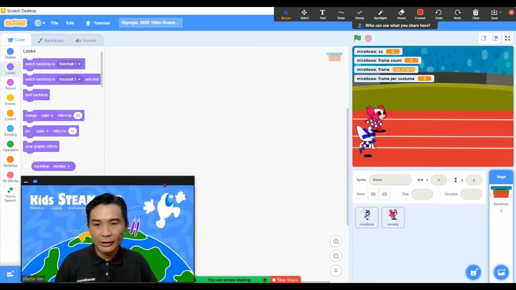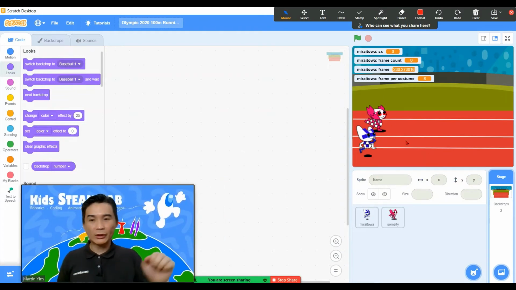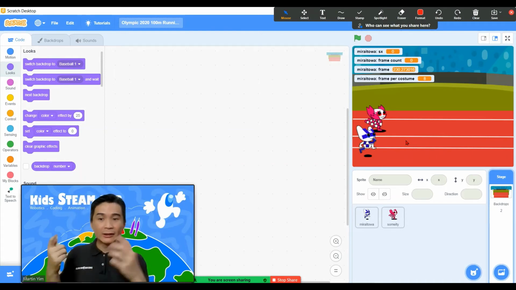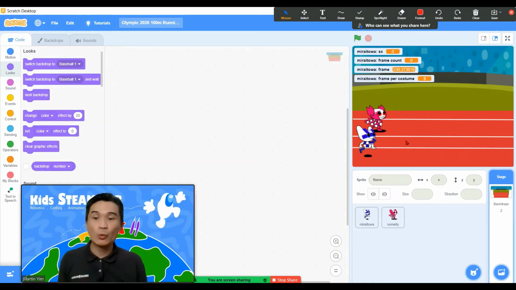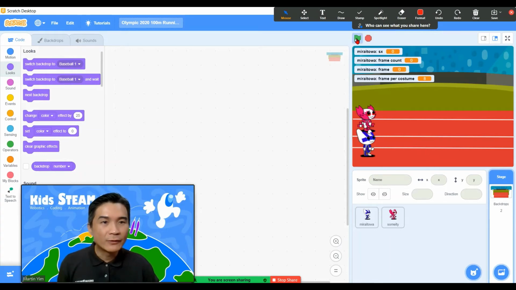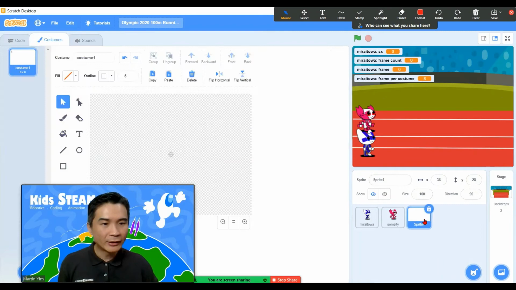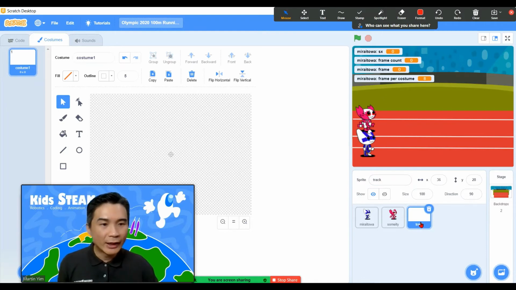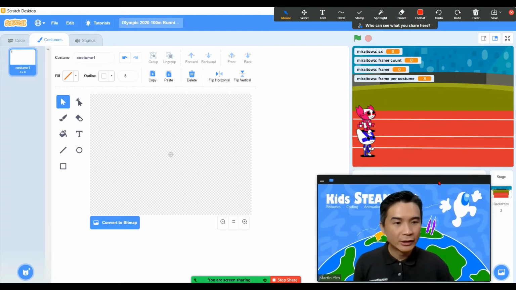Next thing, we need to create the scrolling view so that you will see your character is running very fast. So we got to give him the running track benchmark, like 10 meters, 20 meters, 30 meters until 100 meters. So how to do this? Very simple. Let's green flag first and see the location. Yeah, they are here. Okay, then you go to the pen, click on the pen, change this to track. Change the name to track. After that, go to the costume,